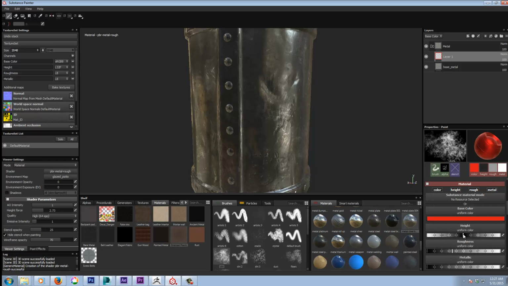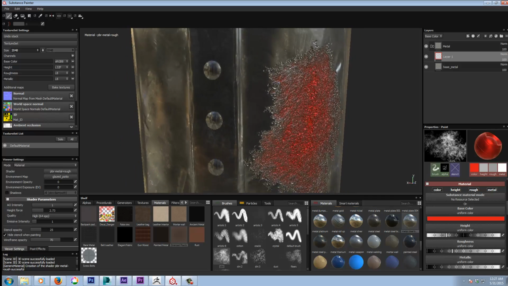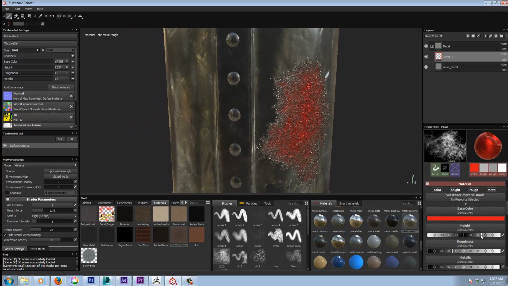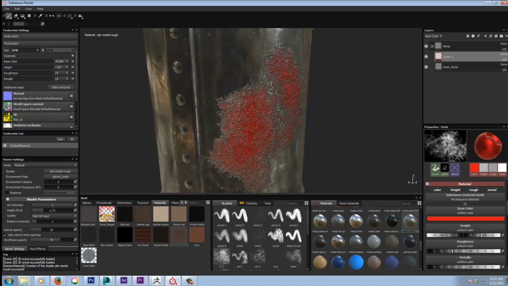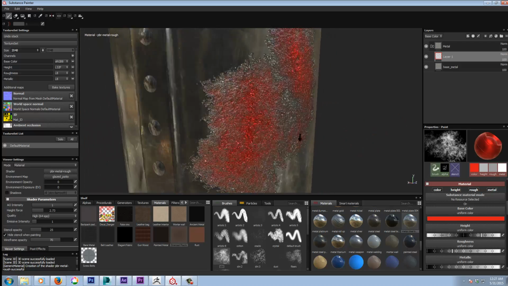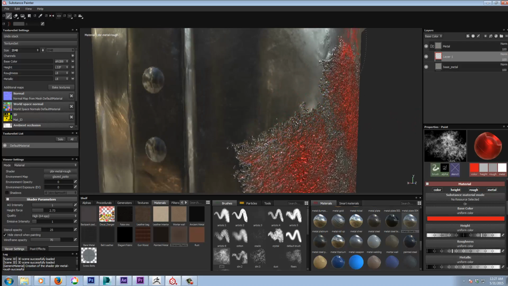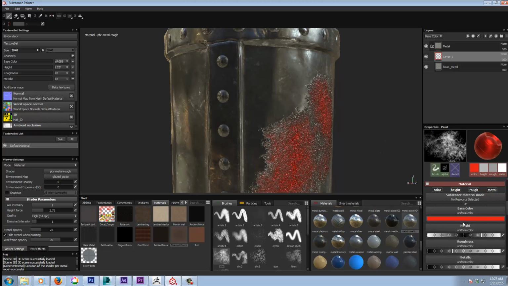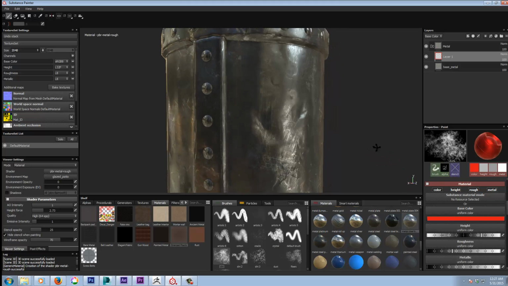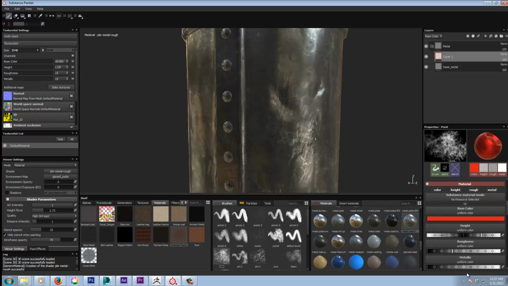So if I change the height now, you can see here we're going to go positive and negative, so we're going to either come out of the surface or go into the surface. So if I paint here, we have our dirt brush on and it's painting bump here. If we go positive, it's going to bring it out there, so you can see that one's gone in and that one's coming out. So I'll just undo them. So that's the basics of those, how they work together. So we're fully metallic and we have some roughness,